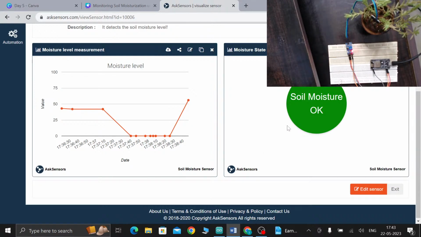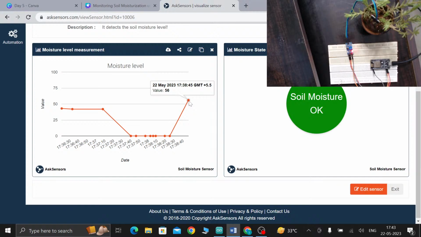So the image shows the data read on the ask sensor graph. We can notice two cases. When the sensor is out of water, the moisture value exceeds the threshold and the alert is set, like shown in the binary graph. When the sensor is in soil, the moisture level is okay. Now you can open your serial monitor on your Arduino IDE. You can cross check the sensor graph readings and the values being printed on your terminal.